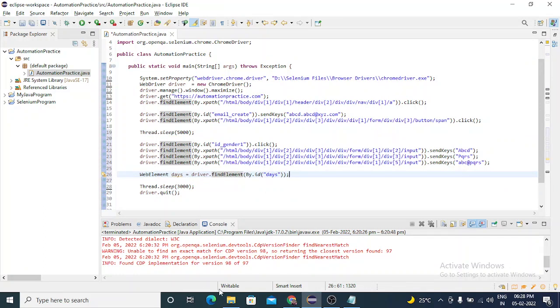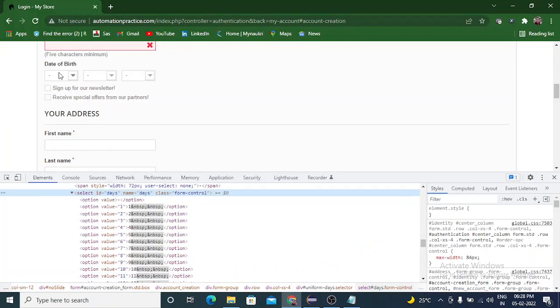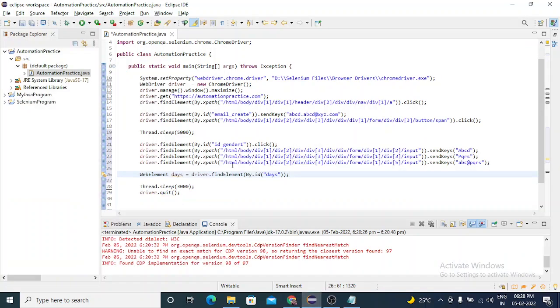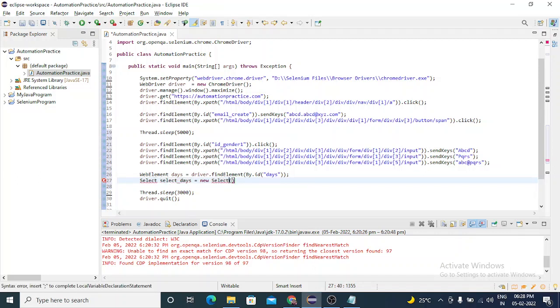So we find that location in the web page. Then we need to click on that one. To select something, there is a class called Select. Let me create a new Select and pass this web element into it.